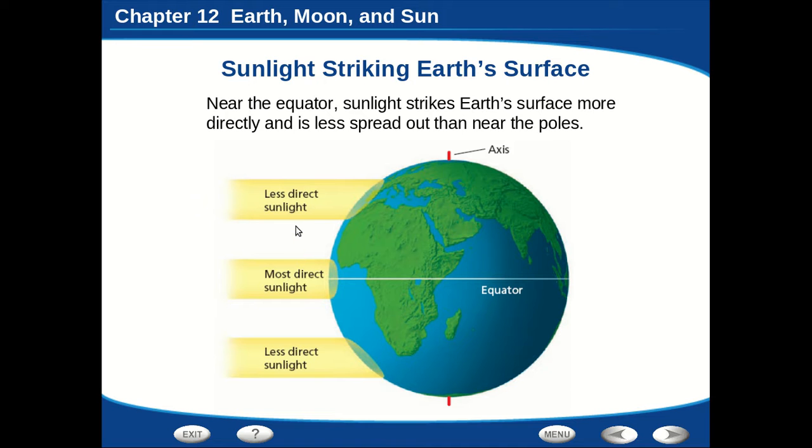For this one, we're going to have to visualize something that's not on this slide, and that's the sun. The sun should be way over here to the left of this diagram. So way down there, as far as you want to go, that's where the sun is, and it's emanating light. And it's the only light in this solar system. It's the only source of light. So that light is hitting this side of the Earth, and it's not hitting this side of the Earth, right? So I want you to imagine those two things, and maybe that will help to clarify this diagram, but I think it's a very useful diagram.